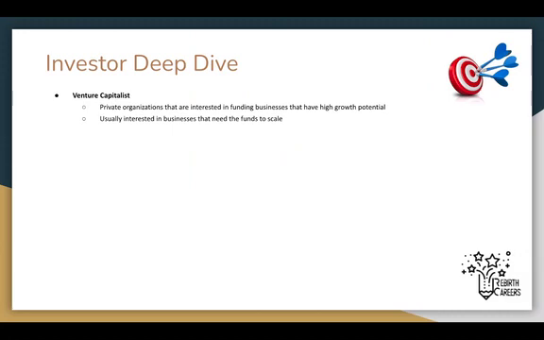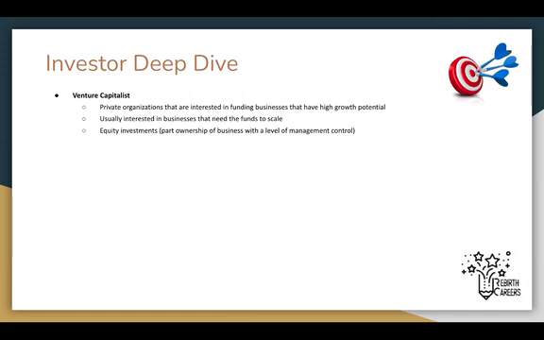You're currently in Lagos. You want to go to Port Harcourt, or you're in Nigeria. You want to grow to 2 or 3 African countries, right? So VCs are usually interested in businesses that are looking for funding because they want to scale. So there's a need that has been established, and they want to grow their business. The equity investments are usually what you would find with venture capitalists. So they want to own part of the business and also have a level of control at the management level.